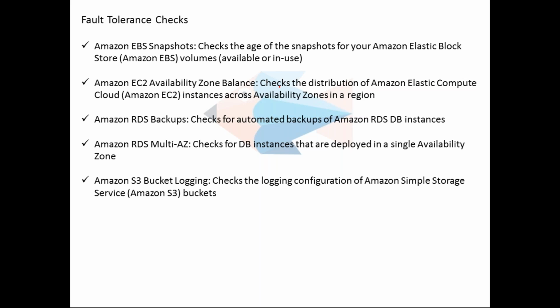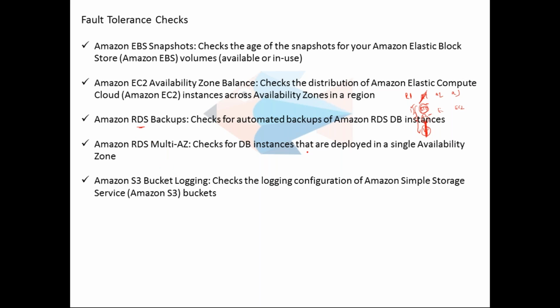EC2 availability zone balance. For example, if you have a region and you have multiple availability zones, and you have all the EC2s in a single availability zone, that's not fault tolerant, right? For some reason, if this goes down, all the EC2 instances in this particular availability zone will face a downtime. But if you have EC2 instances spread in different availability zones, then if one goes down, only 1/3 will be gone. It's again fault tolerant. Even if there is a fault, it is tolerant enough.